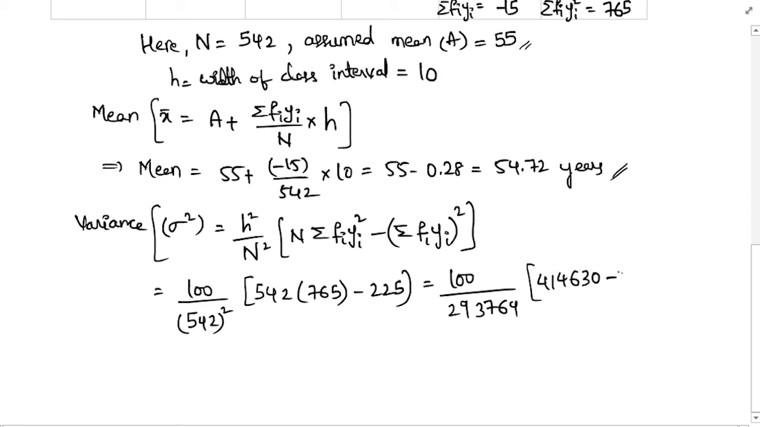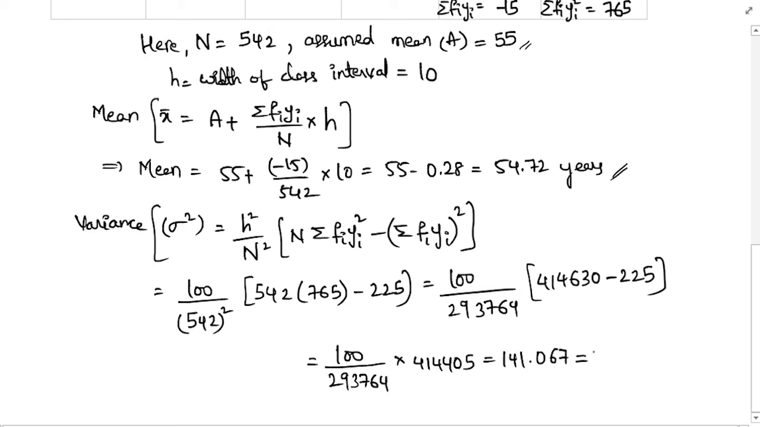414630 minus 225. Okay, so that will be equal to 100 divided by 293764 into 414405, that is equal to 141.067. So which is equal to again 141.07 years. Okay, so this is the